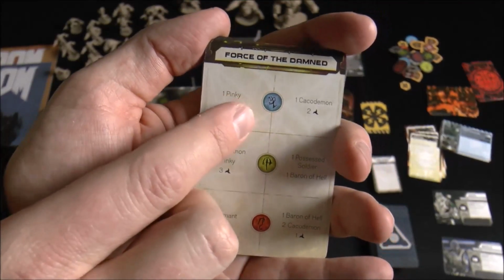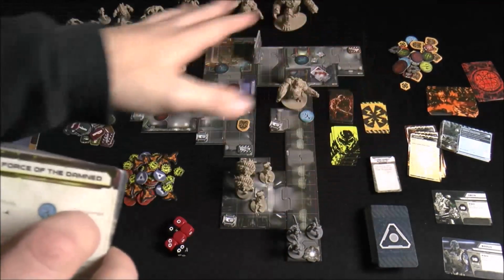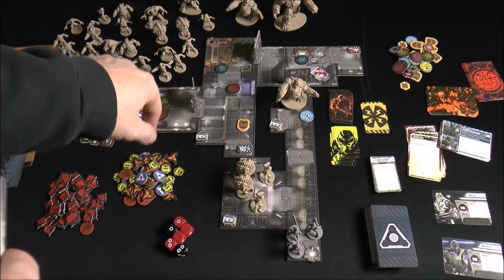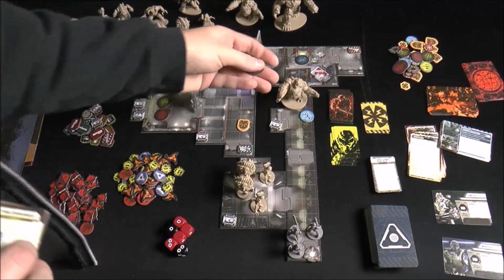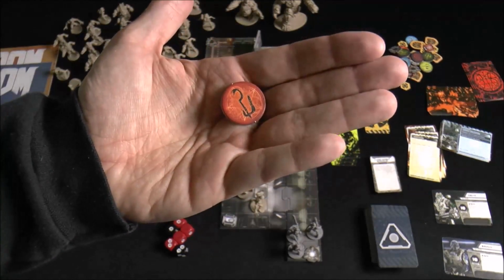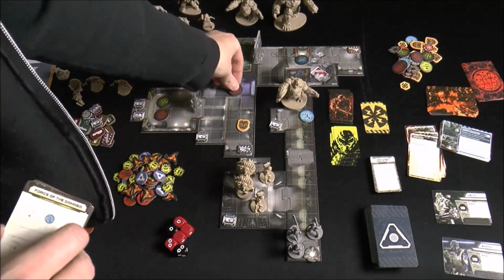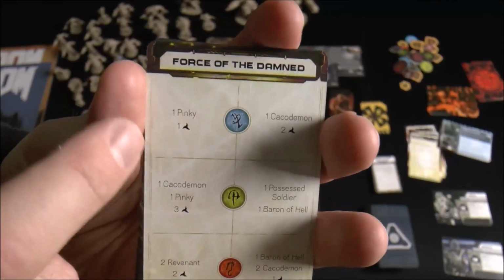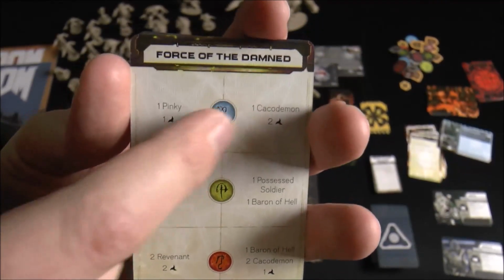And what this is going to tell you, based on the rules of these cards and the munition, these spawn points, you can see there's a blue one, a red one, and a blue one. Now these are actually not yet activated. These will get activated at certain points based on, again, how the mission works. But when you go do spawn stuff, add a blue one, you can either spawn a Pinky or a Cacodemon,